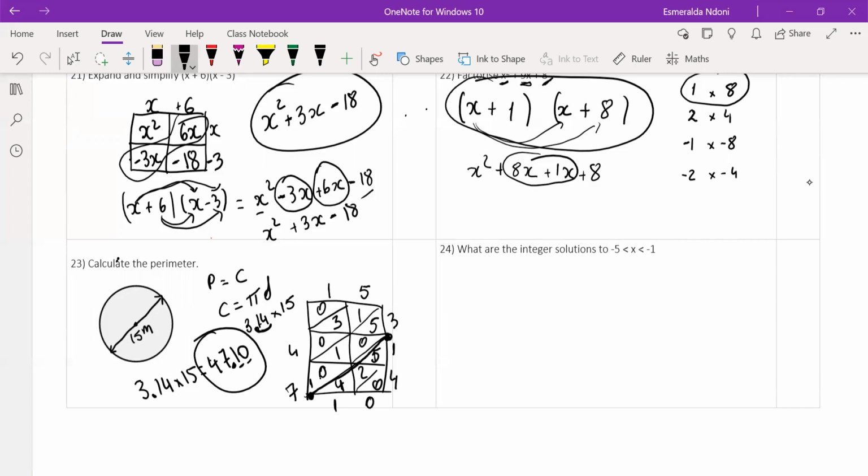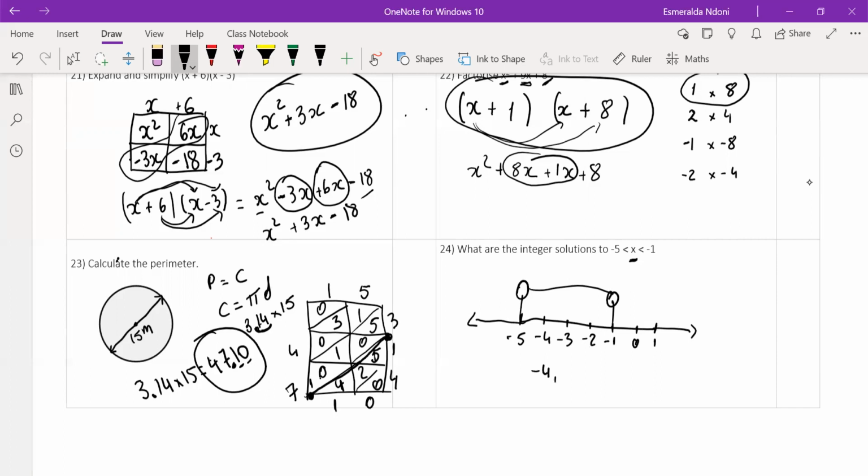Question 24. What are the integer solutions for the given inequality? For you to not miss out any numbers, because when we've marked papers before, we've noticed that a lot of children miss numbers that are in between. This is what the number line looks like. And it carries on to infinity in either direction. The question is asking you, what numbers can x be to be in between the -5 and the -1? So it's asking you for all these numbers in between there. You can see them: